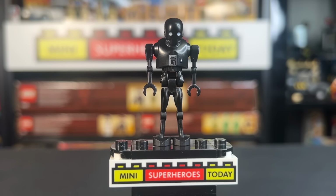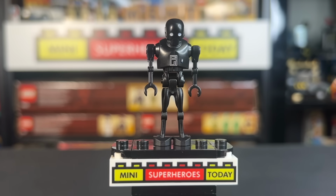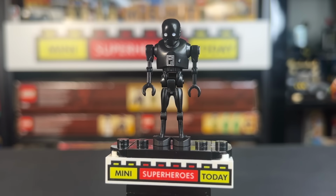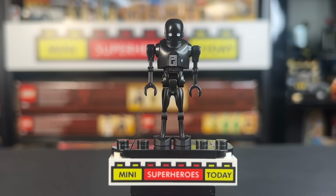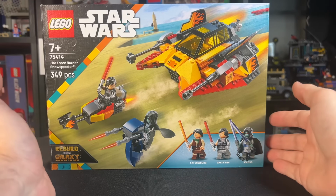But kind of like the others, since he did come in another set, he's not quite as unique, and every minifigure from here on up is technically exclusive to the sets that they come in, at least as of the recording of this video. So now we'll take a break for an honorable mention, and that, of course, are the